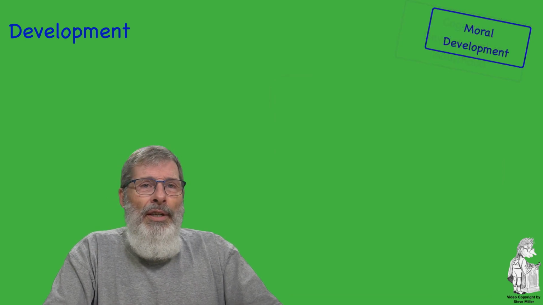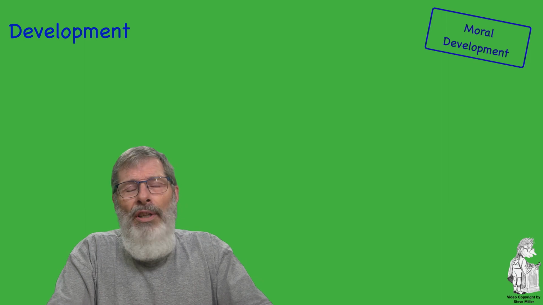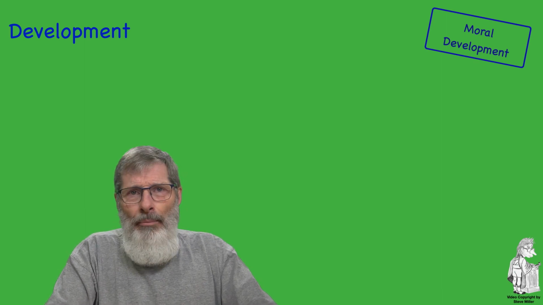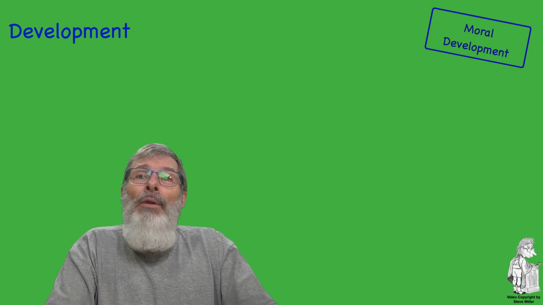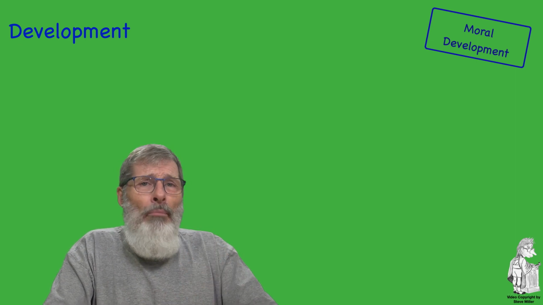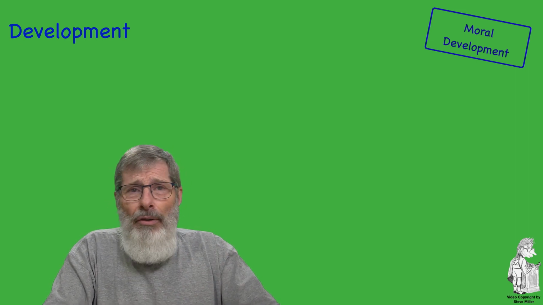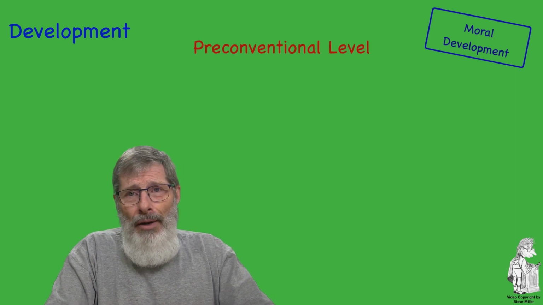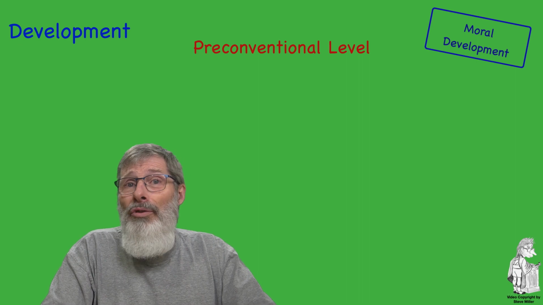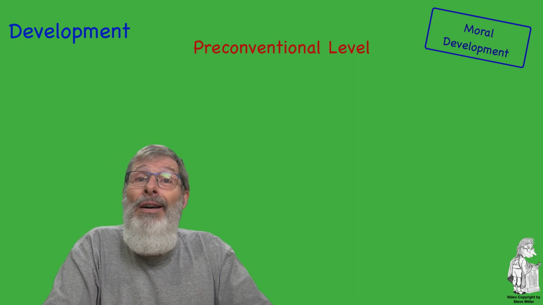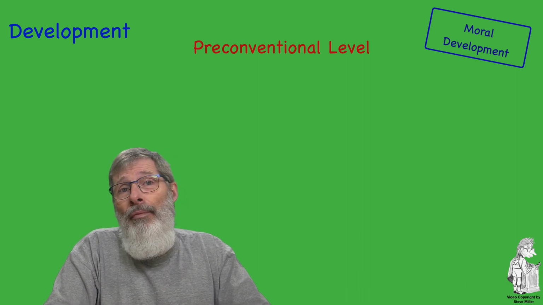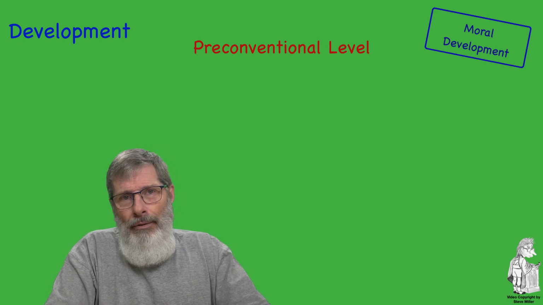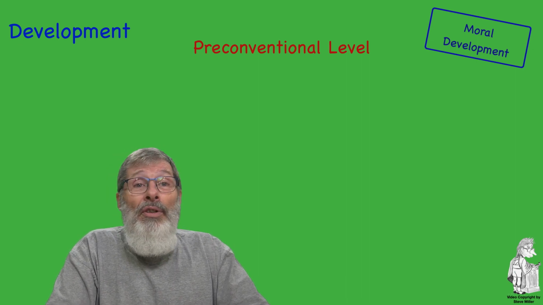Now we'll touch on some significant work done by Lawrence Kohlberg on moral development. He proposed 3 levels of moral development, and we're going to look at each level. The first is what he called the pre-conventional level, and it bases moral judgment on the consequences of behavior. It applies to most children through the age of 9. And with this comes a couple of stages.